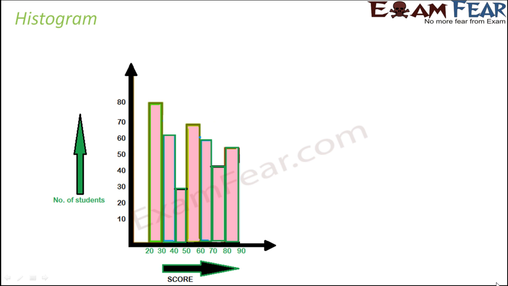So the bar graph also had rectangular bars. This histogram also has rectangular bars. So how does it seem to be different from a bar graph? The major difference is, here also you have rectangular bars, but in this case the rectangular bars are adjacent to each other. If you look at it very closely, you see that there is no spacing between two rectangular bars. They are all attached to each other. So that is how a histogram is different from a bar graph.